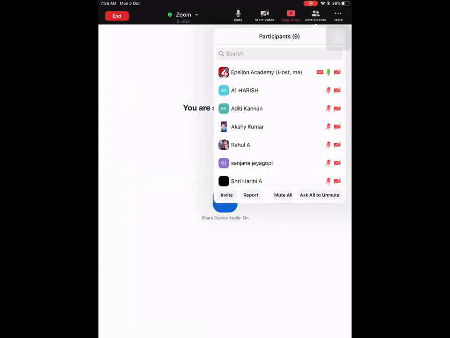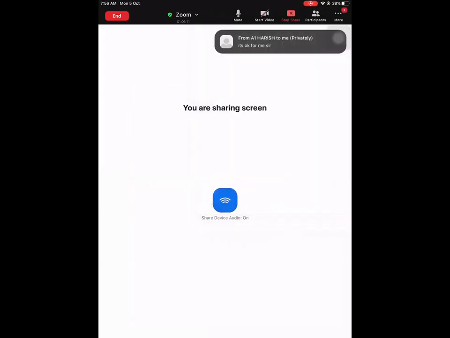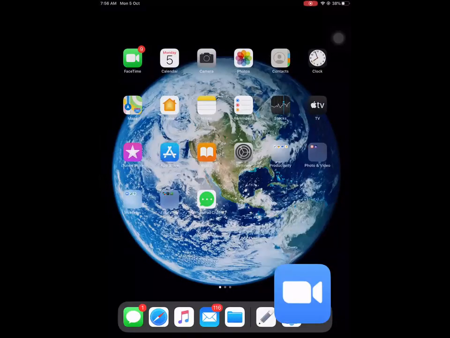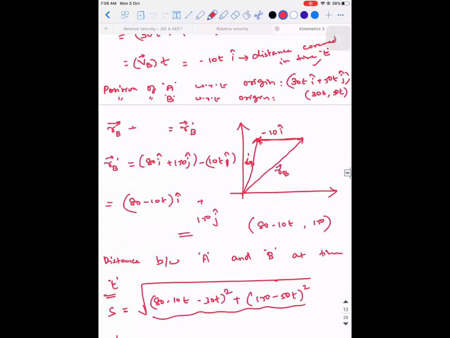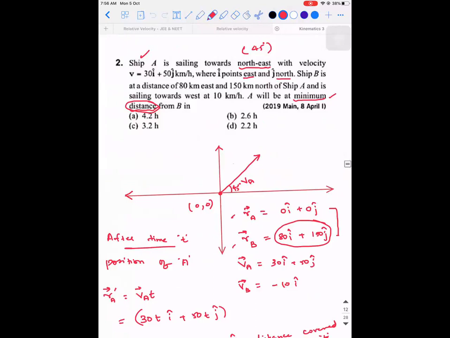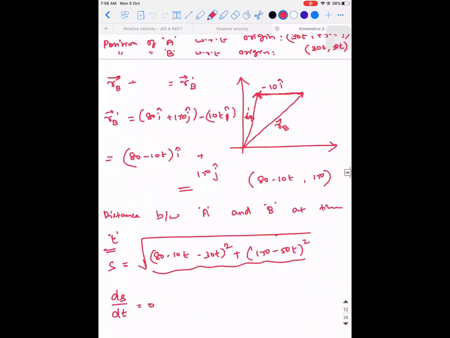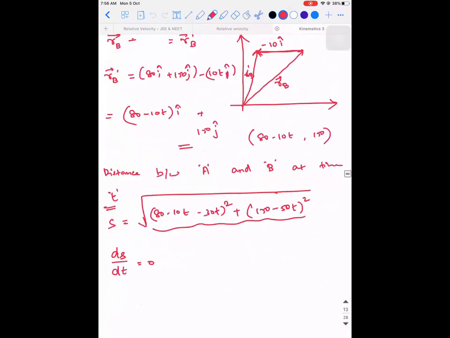No, there is nothing like little bit clear, it should be completely clear. I'm not talking about this problem. I'm not concerned about this problem. This problem is given and it's over. It's a 2019 question, 8th April. It's not going to get repeated at least for a few years. The whole concept is I want to know whether you're confident with vectors or not, because the next set of problems I'm going to do is based on vectors only.